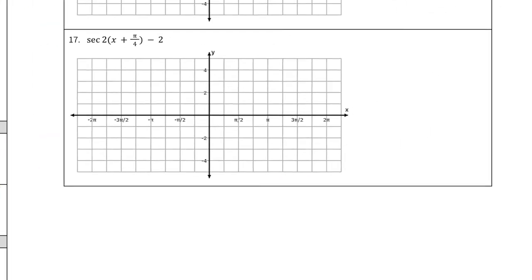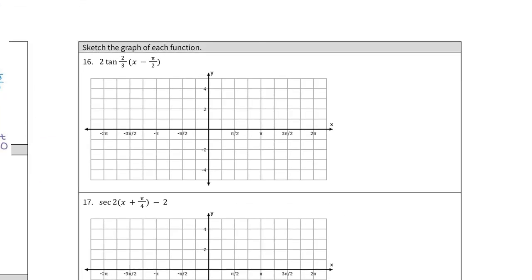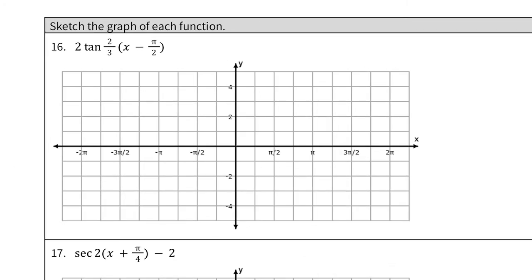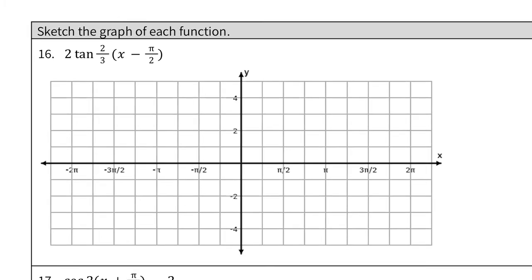Okay, but you also have to know how to do it the other way. Given the function, can you sketch the graph? So that's what the last two questions are about. I have one tangent and one secant. So for tan,